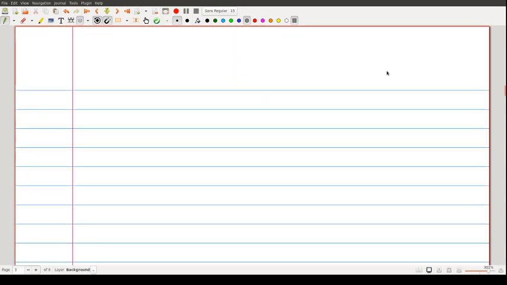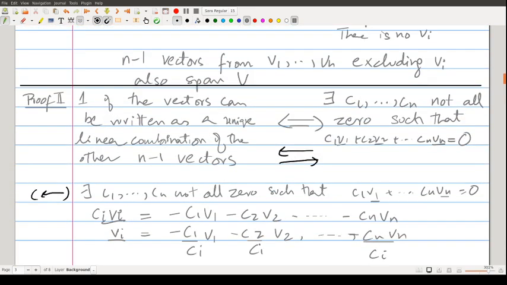Let's try to prove it in the other direction. Let's say that we can write it as a unique linear combination of the other n minus 1 vectors, then show that this condition would be true. Okay, and the way to do that is in the following way. What we can do is to take